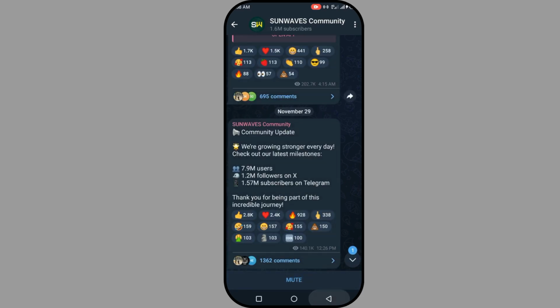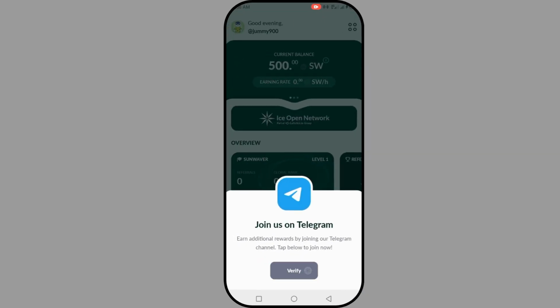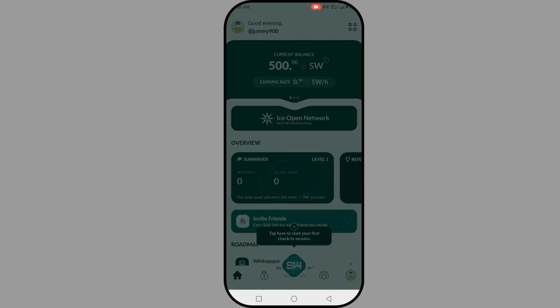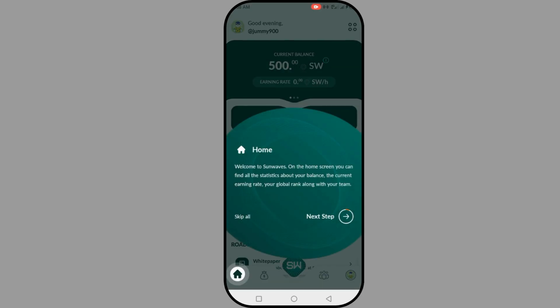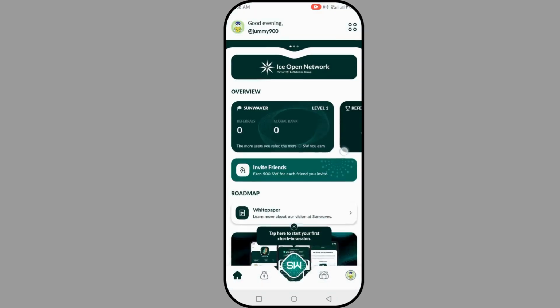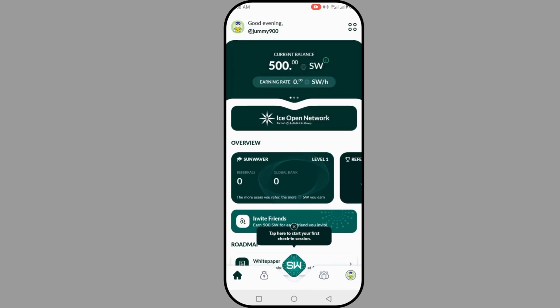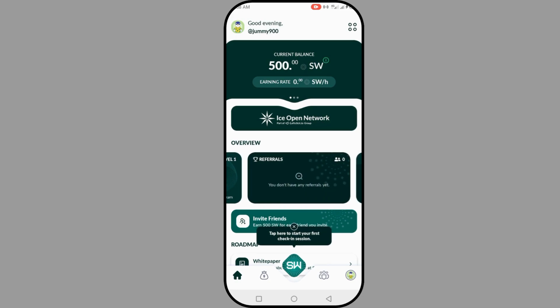After that, just go back to it, click on verify and click on close. Now what we need to do is skip all. Now what we need to do is we need to get our